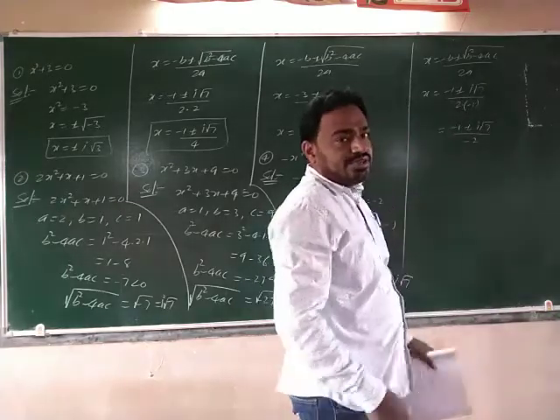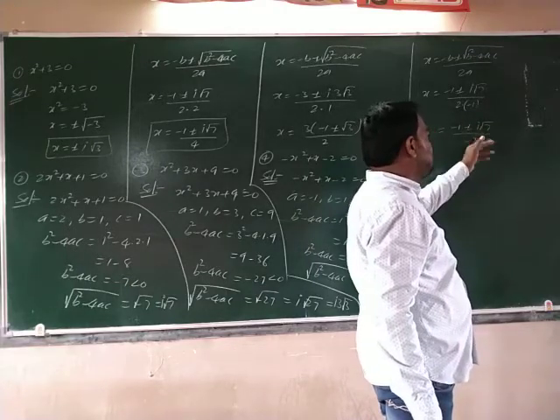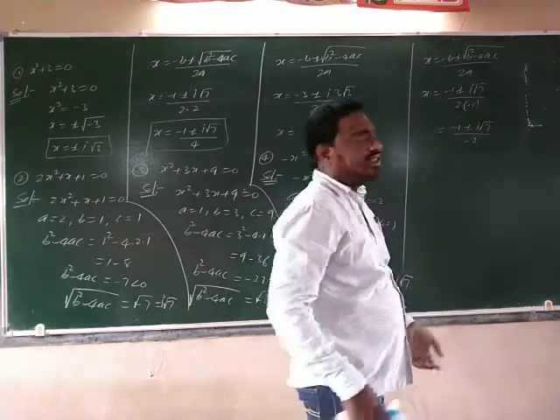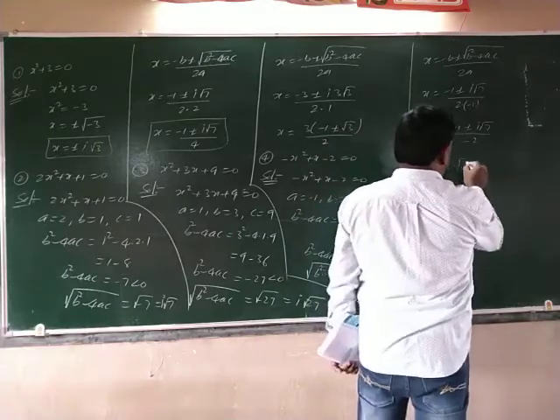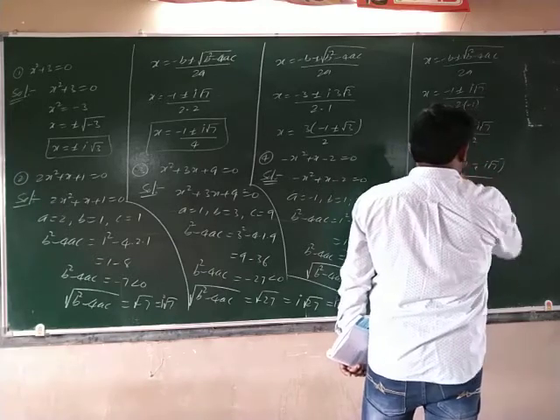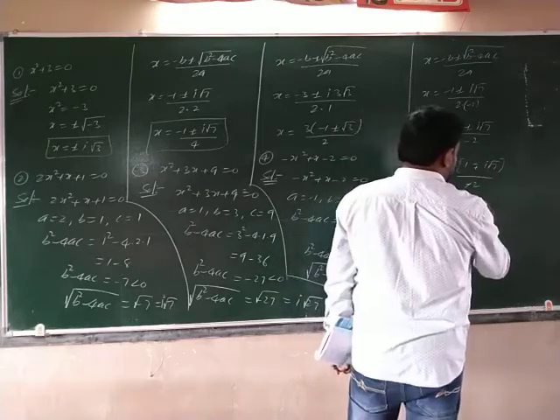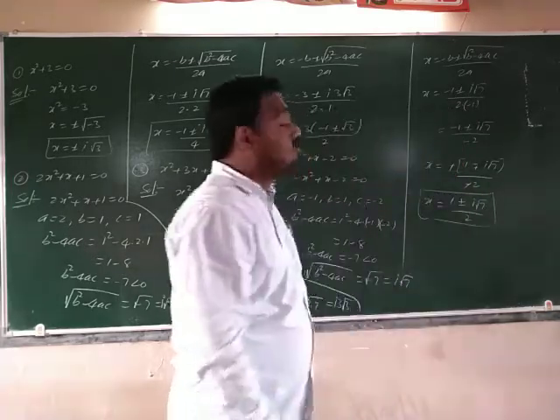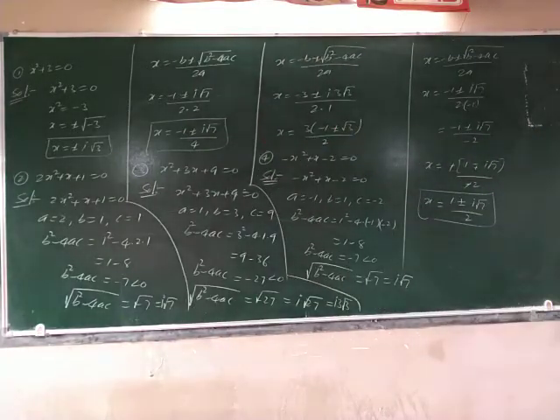If you multiply with minus, what will it be? Plus or minus of the same, plus or minus, and minus or plus values. Whether we take minus or plus, anyhow you are getting the same values. So this is equal to, if you take minus common, x is equal to 1 by 2 plus or minus I root 7 by 2, both are the same. So this is the fourth one's solution. This is 1 to 4. In total we have 10 questions.